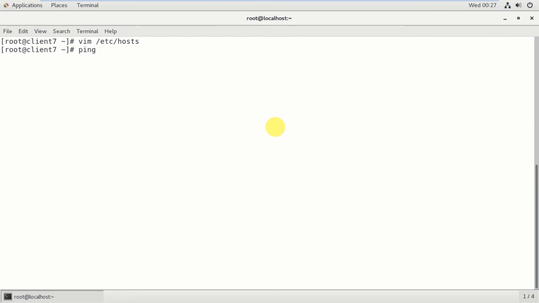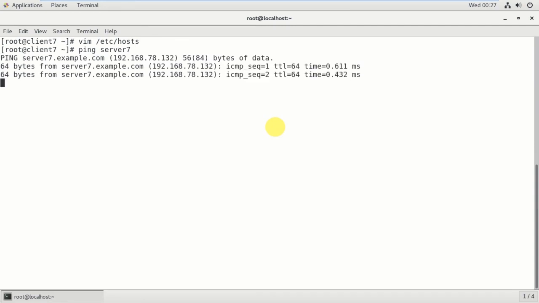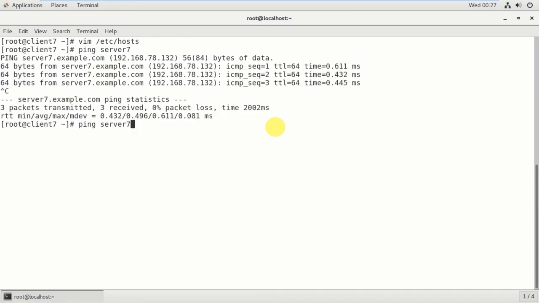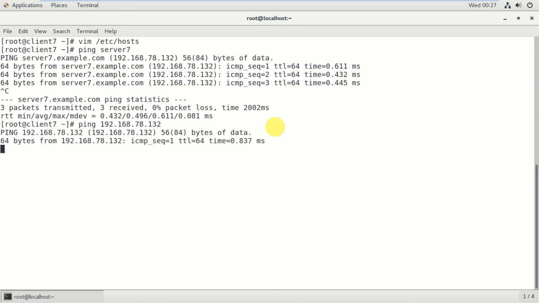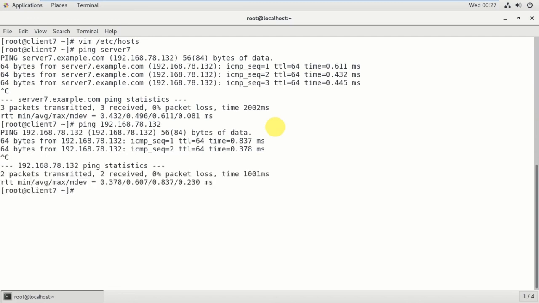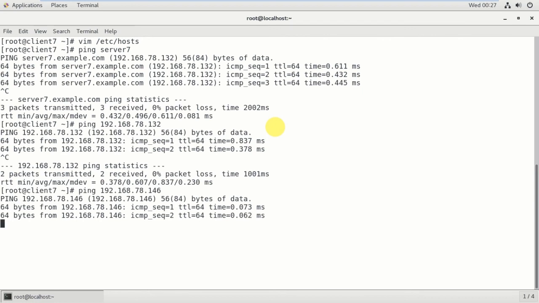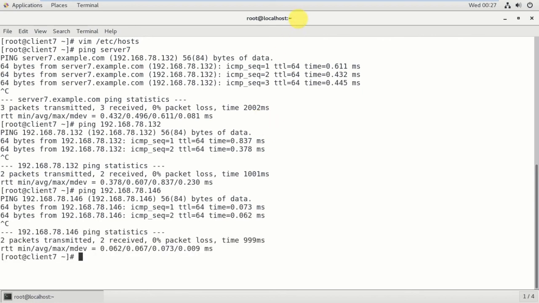Here you can type ping server 7, yes, right, and ping 192.168.78.132, pinging, and next 146, yes, pinging. Okay, one task is completed, and the second one is